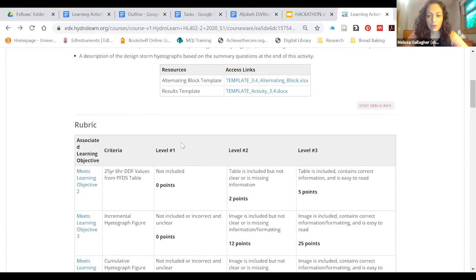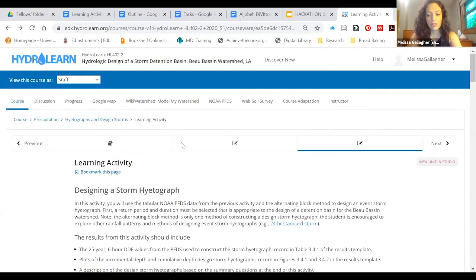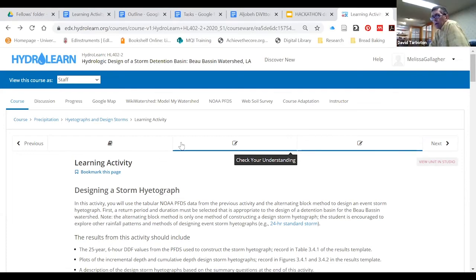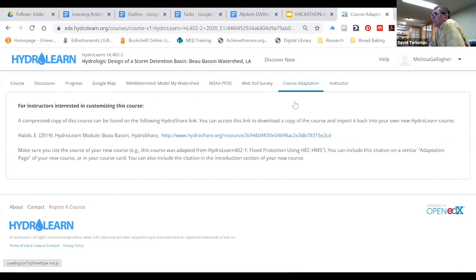Yeah, very good point. So yeah, you're welcome to make modifications to modules that exist. Okay. So I would just want to elaborate a little bit. There's actually two aspects to what's being asked, at least that I think of. One is the copyright, right-to-use type of considerations. And we have to be sensitive to the fact that we're using other people's work here. And I think what we've tried to do with HydroLearn is make clear that the license on the content is a Creative Commons license that allows people to do that.